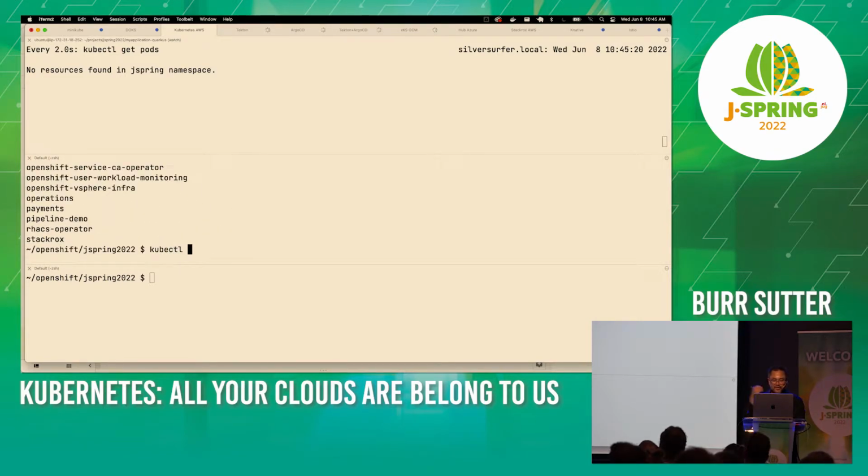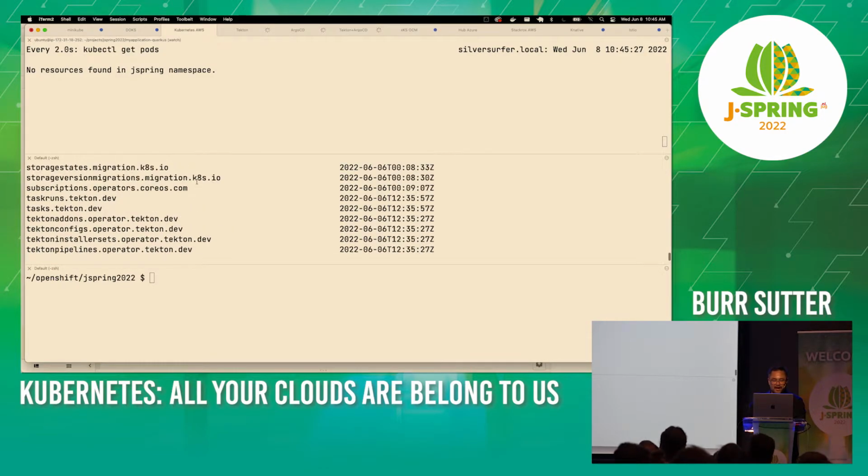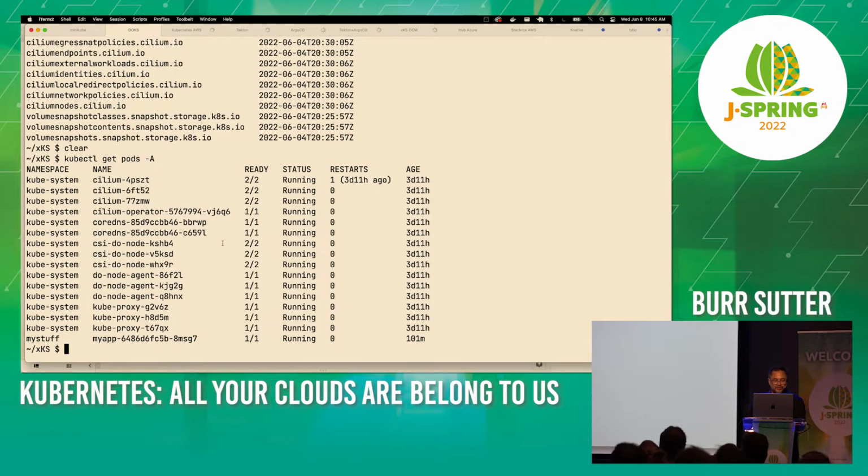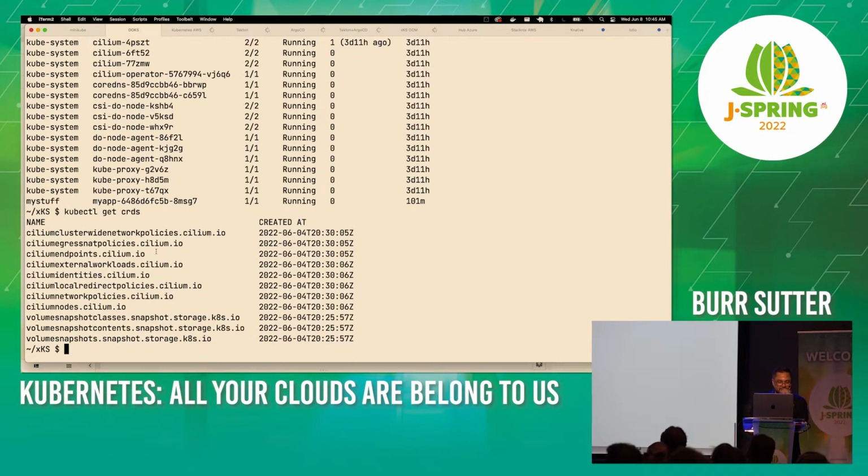Now, this cluster is my OpenShift cluster, which has a lot in it. So if I say kubectl get CRDs, you'll see there's a lot of custom resource definitions in here. If I go back over to my minikube, kubectl get CRDs, I get nothing. If I go to my DigitalOcean, kubectl get CRDs, so this is my DigitalOcean cluster. I think this is running in Toronto. You can see there's some that